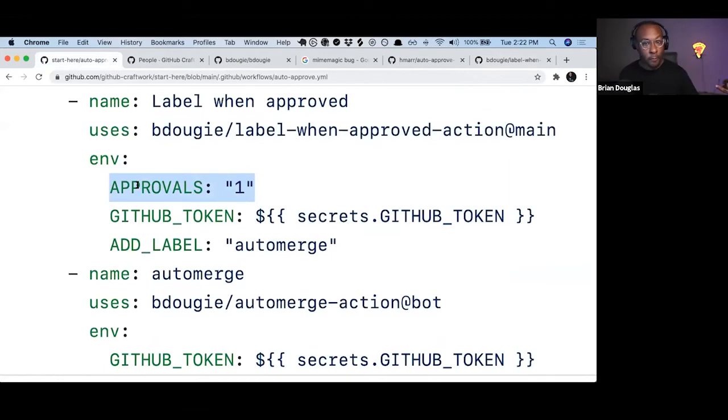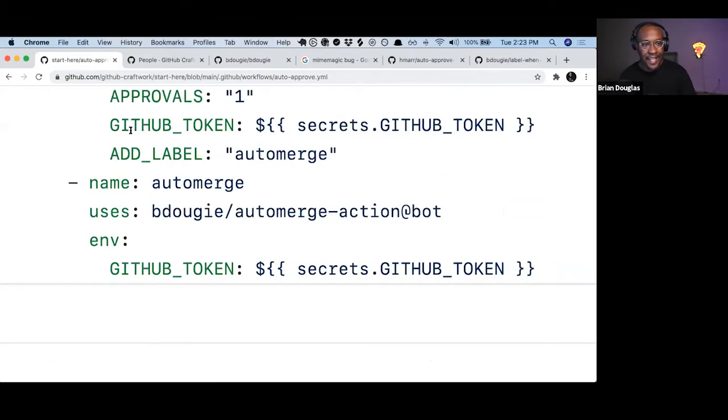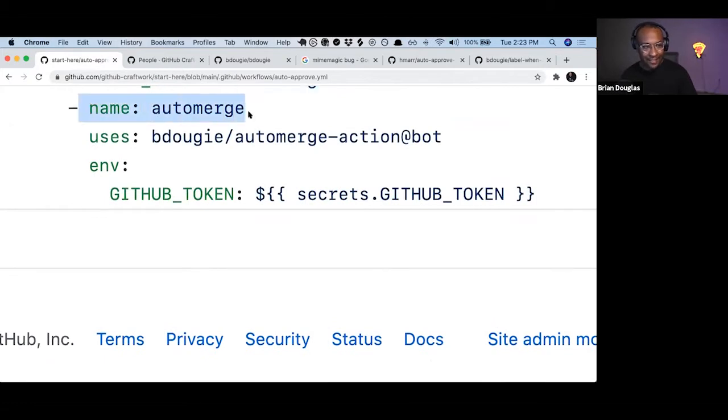I'm requiring one approver, so I need to see one person approve it. The beauty of this is the GitHub action itself will approve it. Once they approve it, it applies this GitHub token, and then it applies the label called auto merge. And then finally, I have the last action, the last action hero per se, and it then goes to another